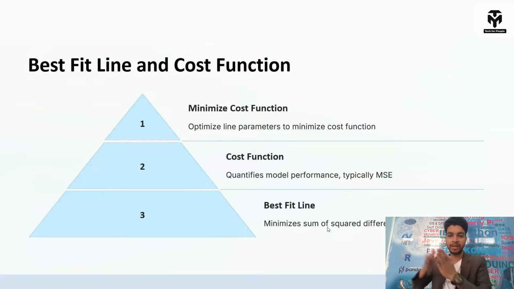Okay, then in a deep learning model you will have something called a loss function. In machine learning you have something called a cost function. The agenda of both is simple: to minimize the error between the actual value and the predicted value, so that your model can perform well on all the given data set.